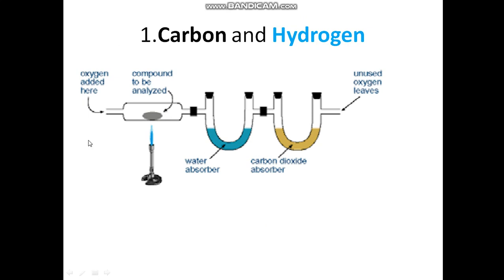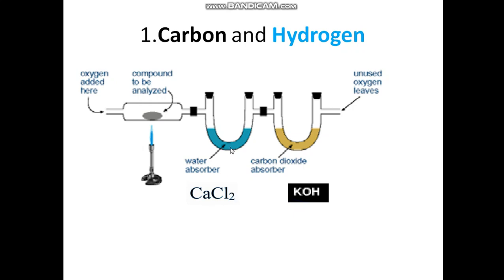So this is a combustion apparatus. Here you can see. Now in this the coal sample is burned with the current of oxygen. So when it is burned, what will happen? The hydrogen from the coal is being converted into water and is being collected in the tube of calcium chloride, whereas carbon from the coal is converted to carbon dioxide and it is being collected in this tube, that is potassium hydroxide.